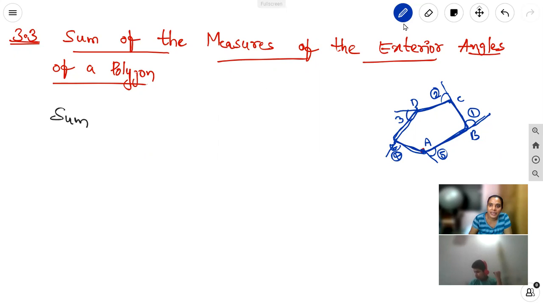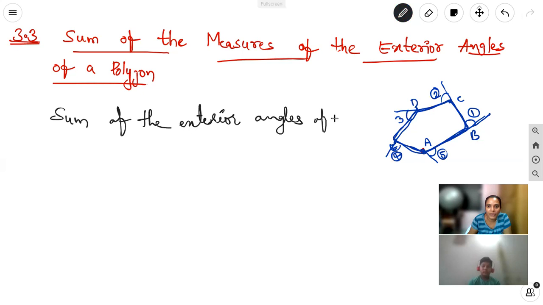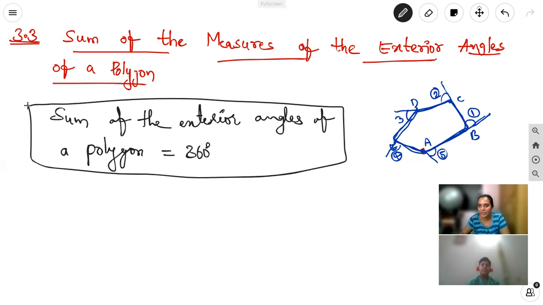So in any polygon, how many sides there are doesn't matter. It depends just on when we start at a point and we reach the same point, then it makes 360 degrees. From that we can say that the sum of the exterior angles of a polygon is equal to 360 degrees. Either it is regular or irregular polygons, whatever the polygons.